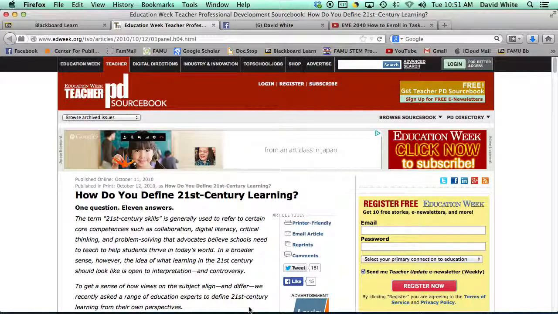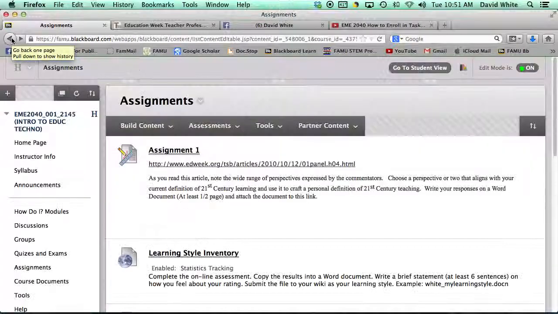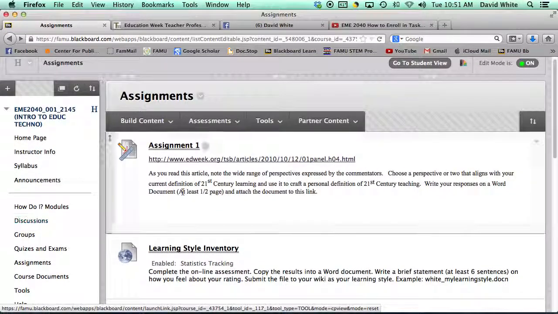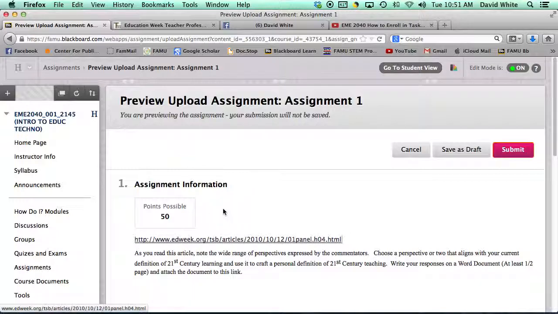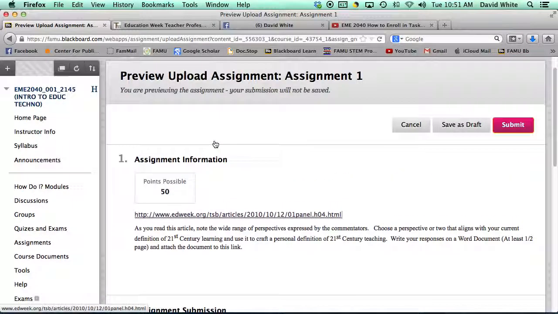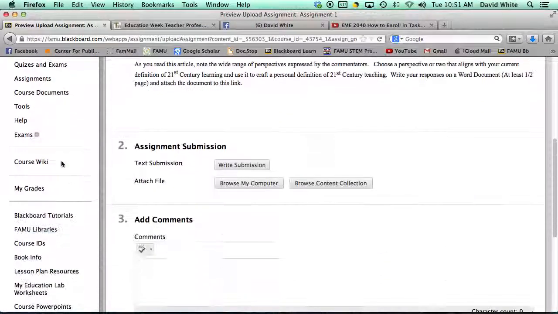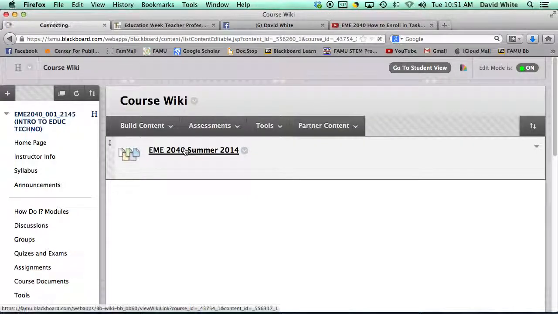Now I want this, number one, when you get done with this type of thing, you need to go back to the assignment and turn it in here. You click on here, it'll say 50 points possible, and you just browse your computer and attach the submission. But I also want it on your wiki. So to do that, we're going to go to the wiki